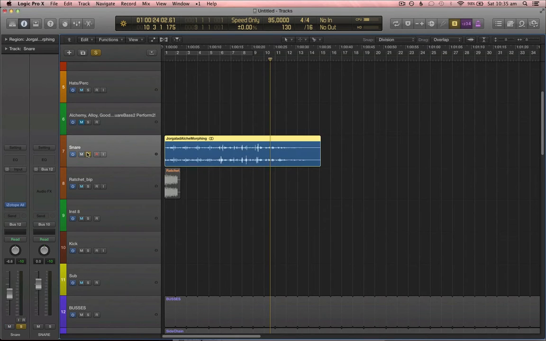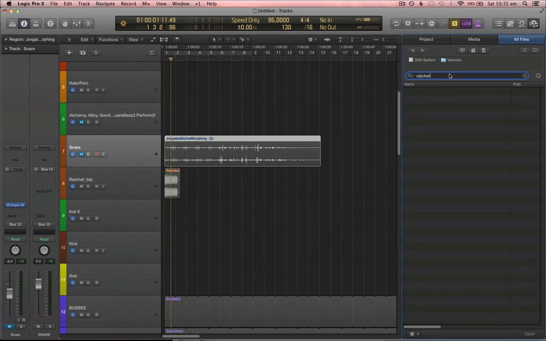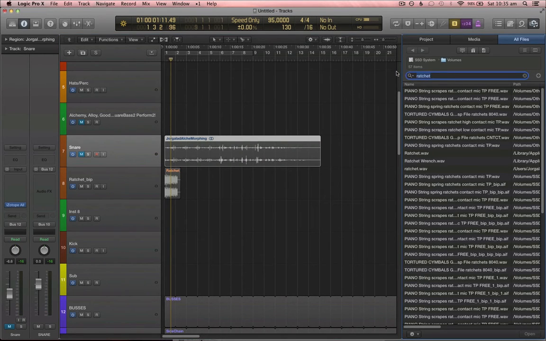So first we heard this metal-like sound here. We need something like that. So I did a search in my browser, searching for ratchet, which is sort of a rattle, but I can also just search for metal,